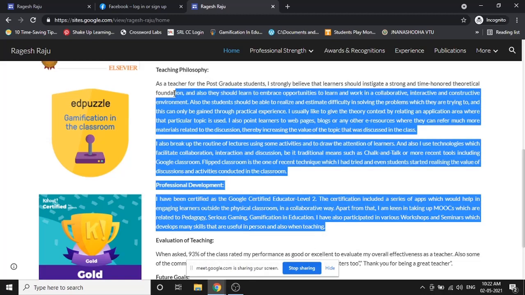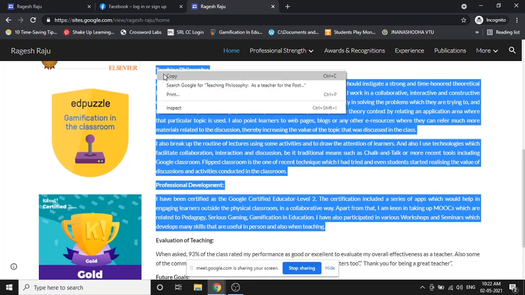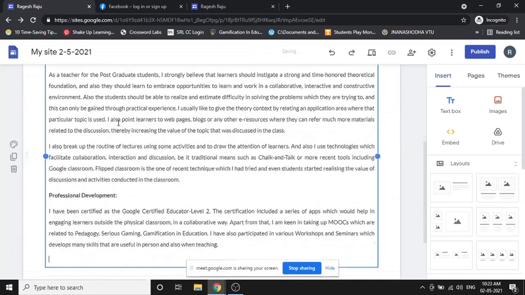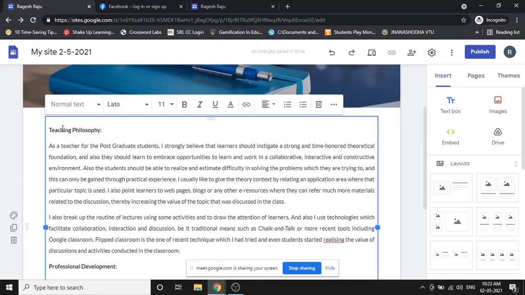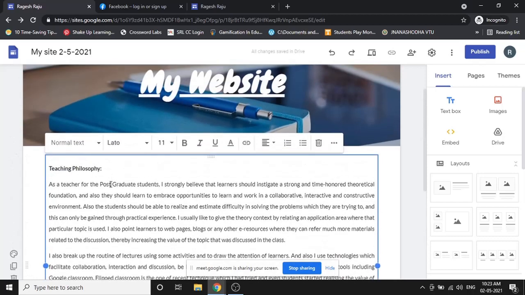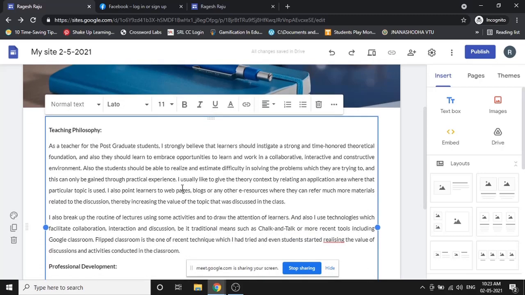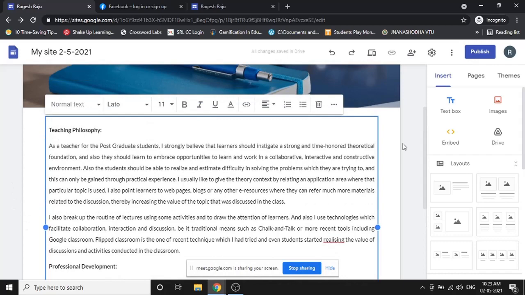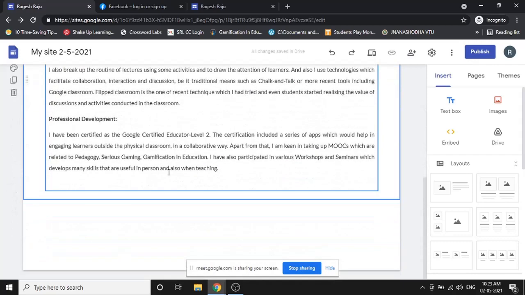So I select these two paragraphs, I just copy it, right click and copy. I come to this page, I just paste it here. When I paste, you see automatically that formatting comes here. The heading is here, the second subheading is there, and there are two paragraphs. Okay, so this is the best way to do it. If not, no problem, you have other formatting options which are available here, but the best option is, since everybody is familiar with typing in Word document or something, type the contents there, do the formatting there, and you can straight away copy paste it. Okay, so this is how we paste a text, right?